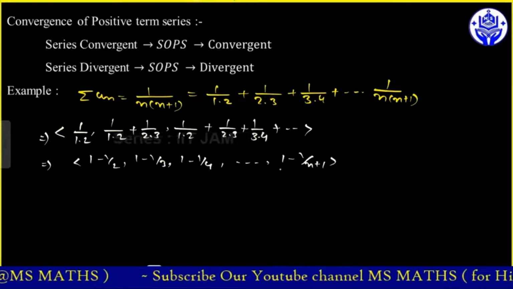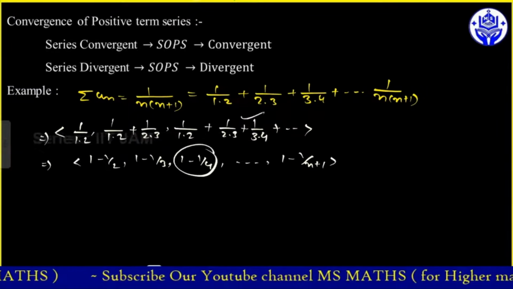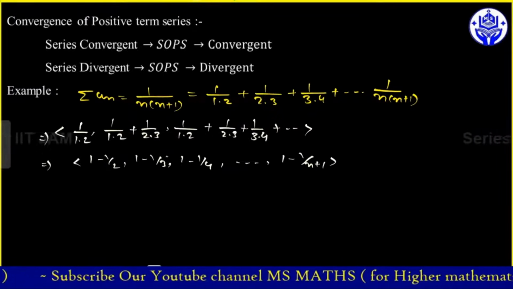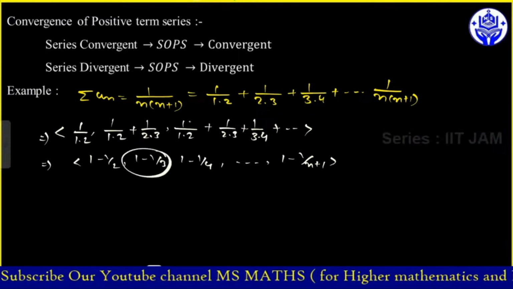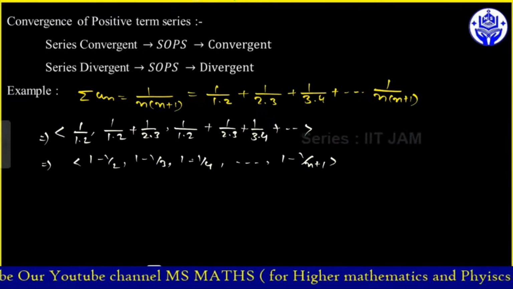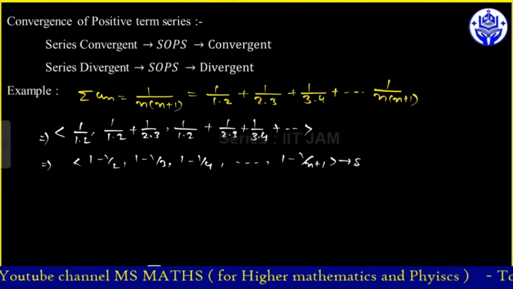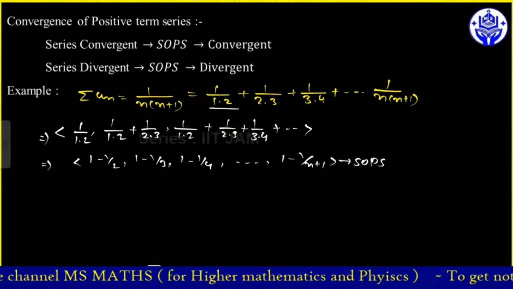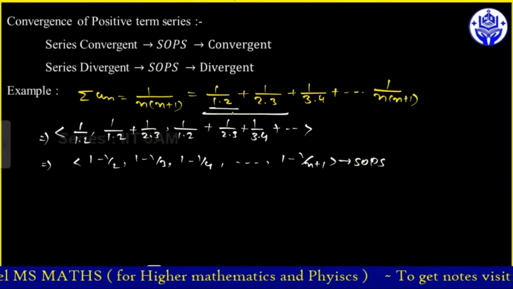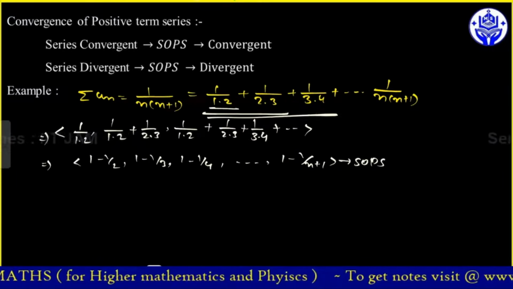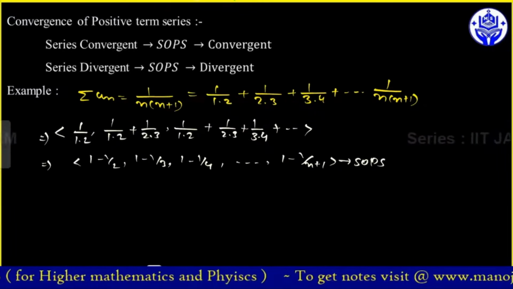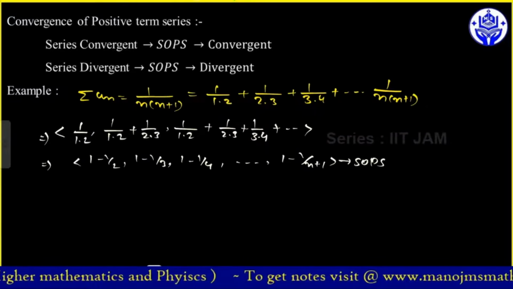1-1/n+1. इस तरह से हम इसको लिख सकते हैं। जब आप इसको सिंप्लीफाई करेंगे तो आपको थर्ड टर्म मिलेगा, है ना। जब इसको सिंप्लीफाई करेंगे तो इसका सेकंड टर्म मिलेगा। तो इसको कहते हैं SOPS, यानी कि पार्शियल सम। पहले हम फर्स्ट टर्म का सम करते हैं, सेकंड टर्म का करते हैं, थर्ड टर्म का करते हैं। तो ये SOPS होता है।